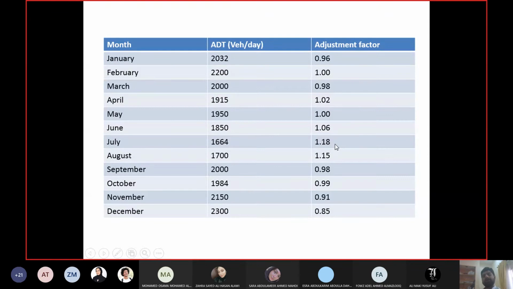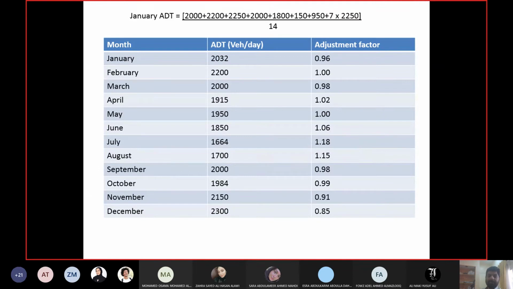So for the months in which data is given only in table 2, you don't have to do anything. Just take AADT and divide by that value, because that value is already an average for the only week in that month. But if the values are given for a month in both tables, then you have to add them together. And when you are adding the values from the second table, you have to multiply by 7 because each value is for 7 days. Okay, so this is how you calculate the adjustment factors for the month in this case.